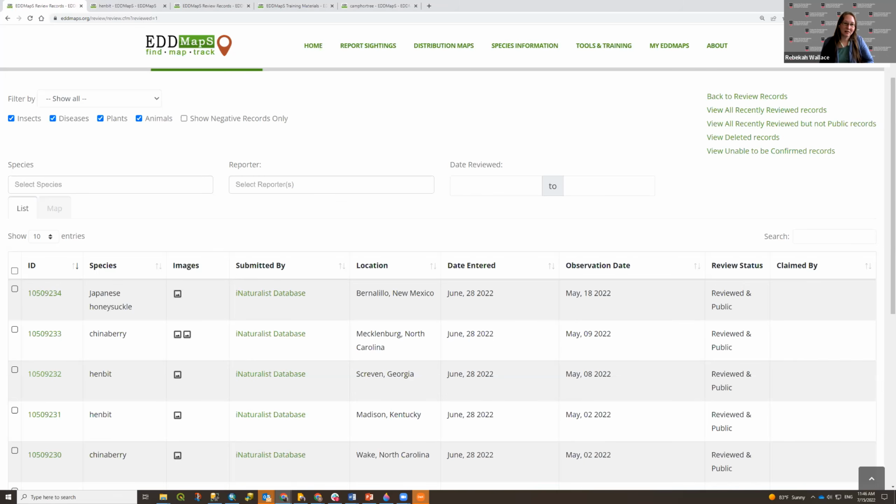delete would make sense. But when you're talking again about something as high profile as Asian giant hornet, a way to let that record still exist in some capacity because it might be useful is not a bad idea, not a bad path to go. So again, maybe make it negative or unable to confirm until more information is available.